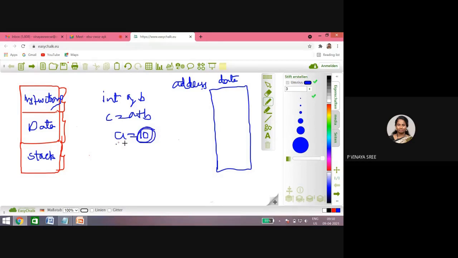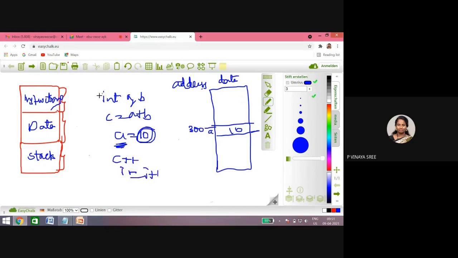Here a will be located in some location. Let us consider, as the data part is in the middle, 300. You will have data as 10. The values you give for the variables, the operands used in the program, are the actual data. Instructions are like c equals a plus b, c plus plus, i equals i plus 1.